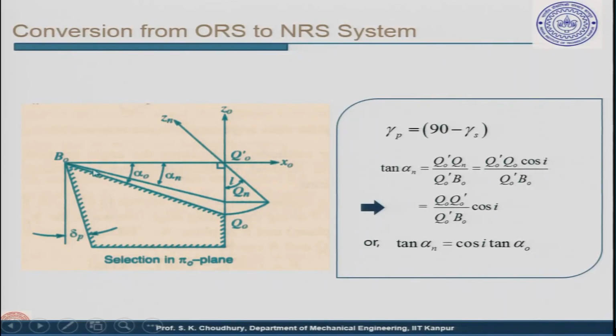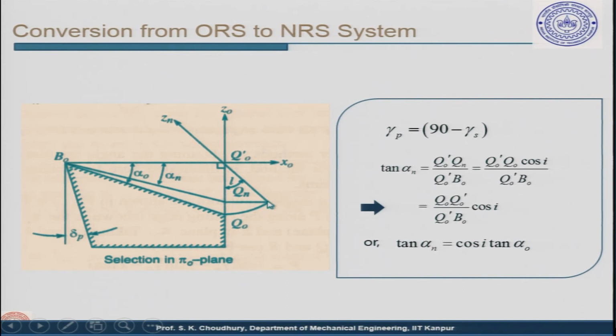So, this inclination or this face will be the rake face in the normal rake system, and the angle between the inclination of the rake face here and the line perpendicular to the cutting velocity vector will be the normal rake angle. So, once again, how can we convert this tool to a tool in the normal rake system? We project this on the axis which is inclined to the Z0, Z0 being in the orthogonal rake system, by an angle of I, the inclination angle.